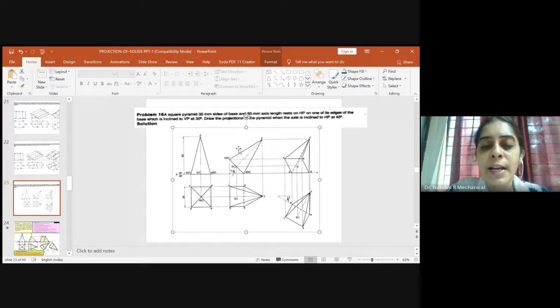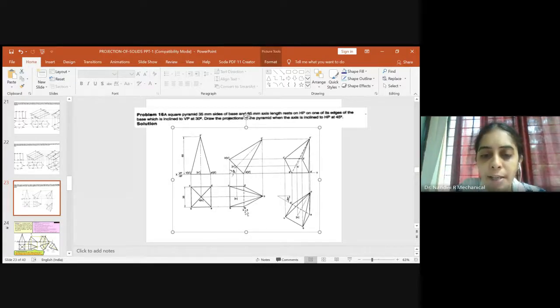Once this is done, take the projections down. After taking the projection down, kindly extend the projections from C and D, from B and A also, and also from the center. So we have taken the projections. After taking the projections, you have to read the locus. So here you have the locus of A, which is meeting A1 dash at this point.